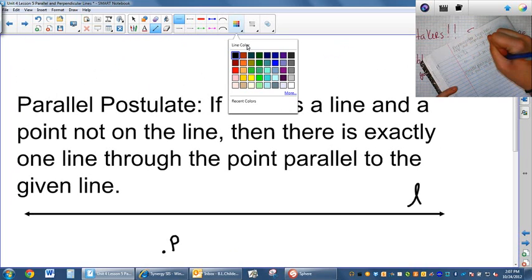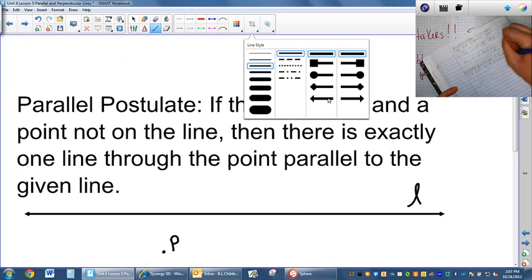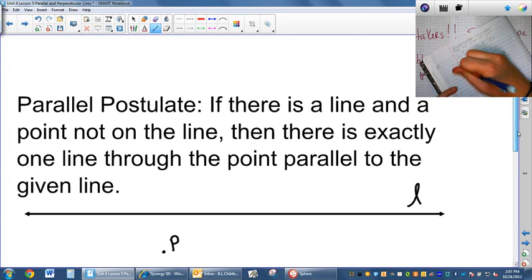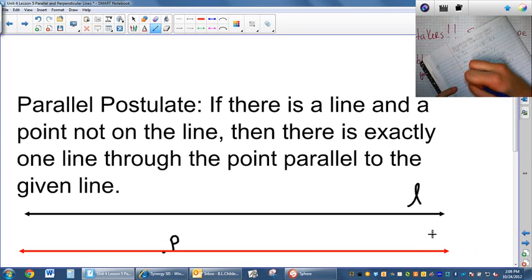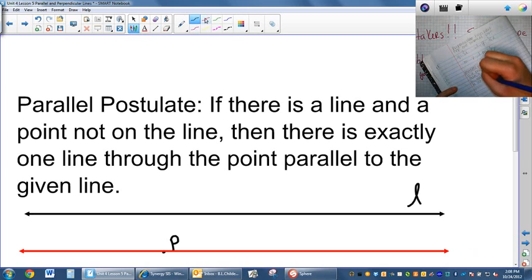So you can see here that I have this black line L, right? There's a line. This is that line right here, L. And a point not on that line, which is P in my little diagram. Then there is exactly one line through the point parallel to the given line. Right? So my line can't go up like this, can't go like this. There's only one line that can go through that point and be parallel. And we'll call it